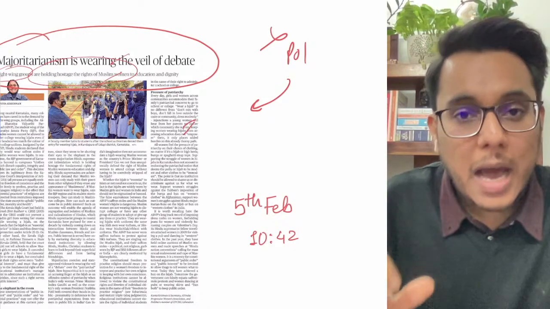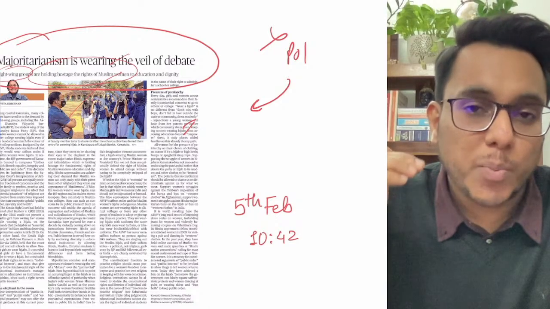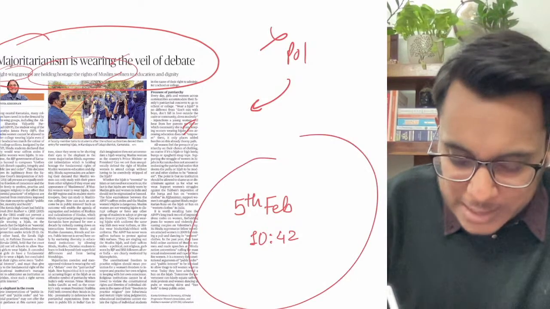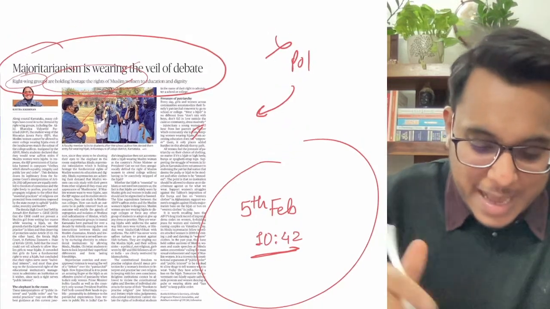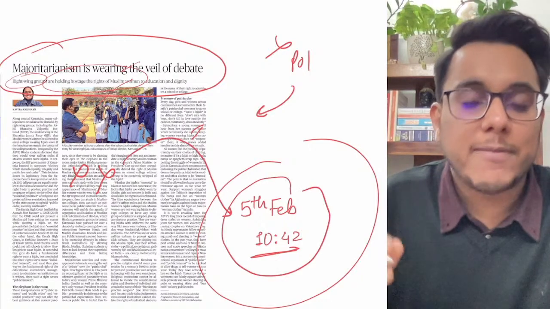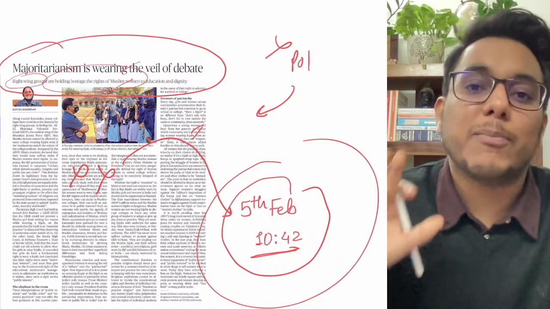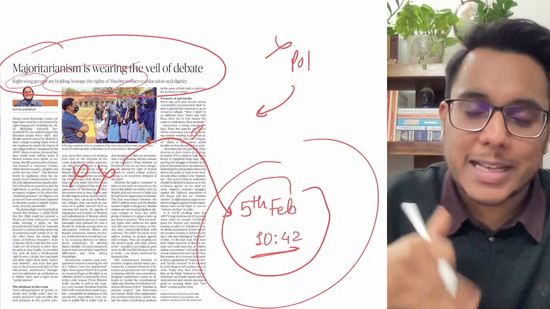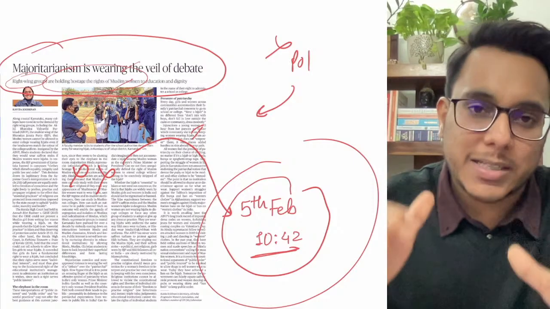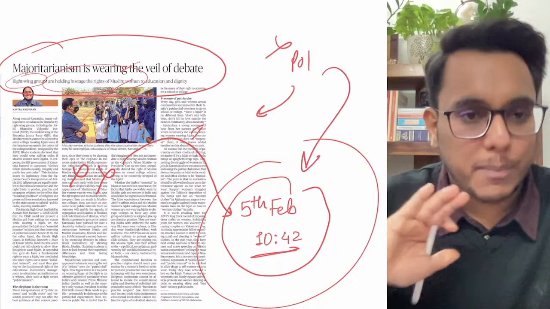However, all the issues with respect to dressing, right to religion, right to profess and propagate religion, I had taken in the 5th February newspaper analysis on the Saturday, at the timestamp 10 minute 42 seconds. Rather than going into this article, I will ask you to just see that one. If you have not seen 5th February 10 minute 42 second, see it; however, if you have seen it already, please don't go into any of such articles which will be coming every day. Is it clear? For the next few days this article will be coming every day, but essentially they will be repeating the same thing. There are just 3-4 judgments, and I had already covered them. Fine, beyond that please don't go.